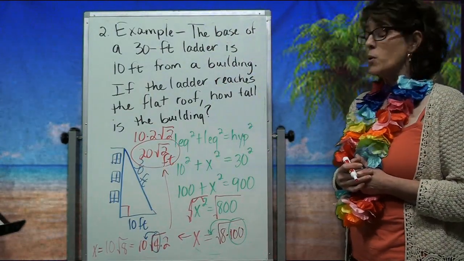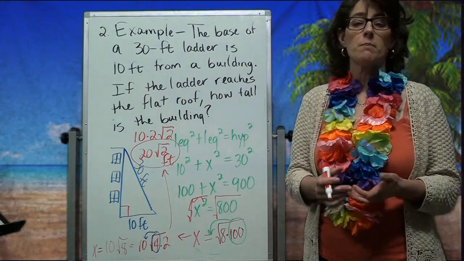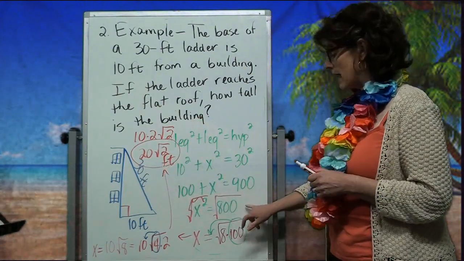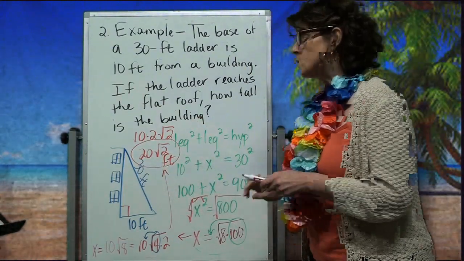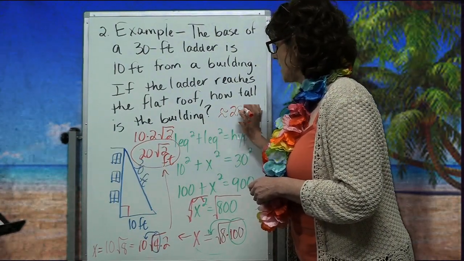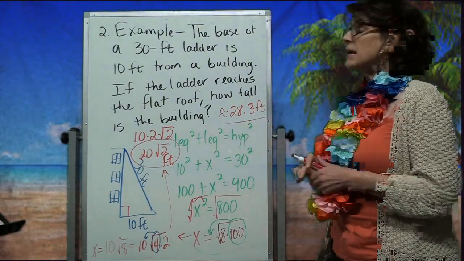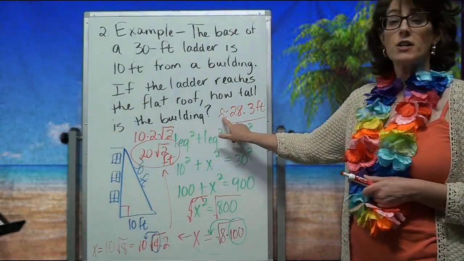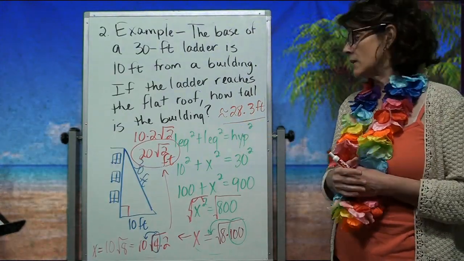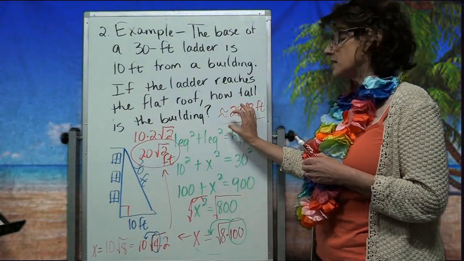So the building is 20 square root of 2 feet tall. And again, if you wanted to map that out in the real world, you would take 20 times the square root of 2, or for that matter back here, square root of 800, and you would get approximately 28.3 feet. But again, that's approximation. That's why I put, it's not a straight equal sign, it's that squiggly little equal sign, but that means approximately equal to. Because as soon as I take the exactness out of here and I throw the decimal in there,